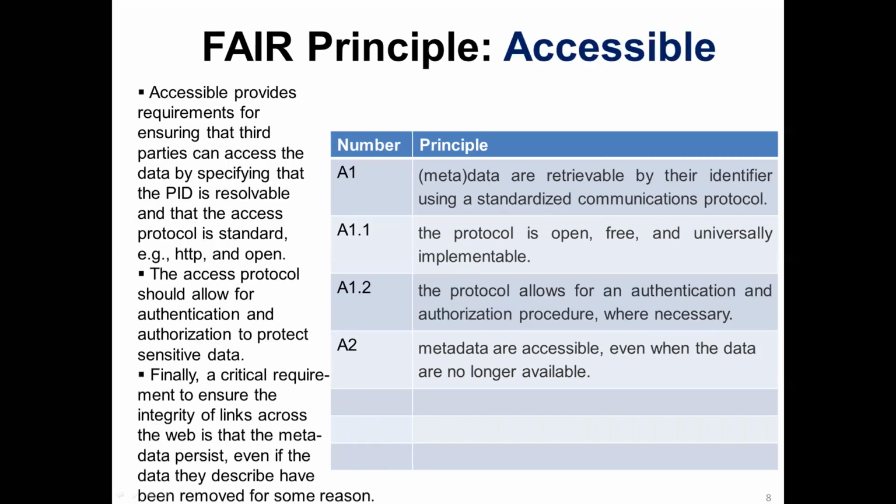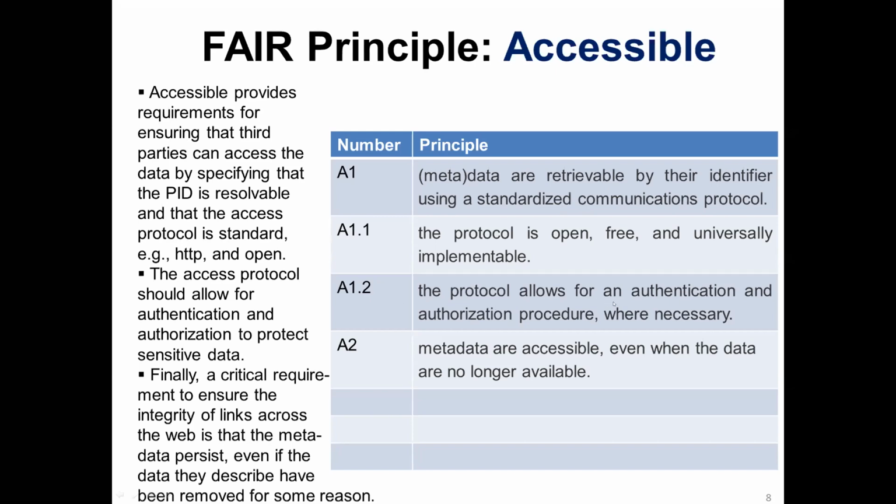principle. Then accessible, they refer to it as A1, A1.1, A1.2, and A2. So what do we mean by A1? Metadata are retrievable by their identifier. So you need it linked with the findable, using a standardized communication protocol. A1.1, the protocol is open. You can't have an A1 protocol without this protocol being open, free, universally accessible. Okay, and then